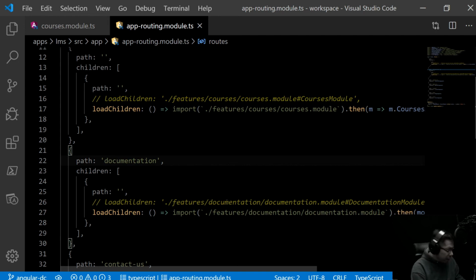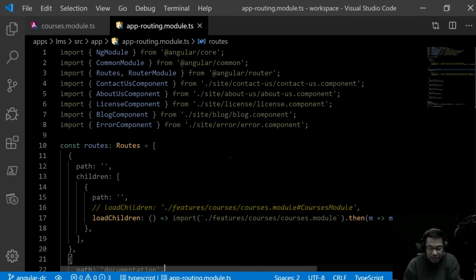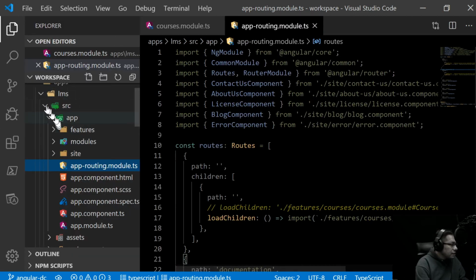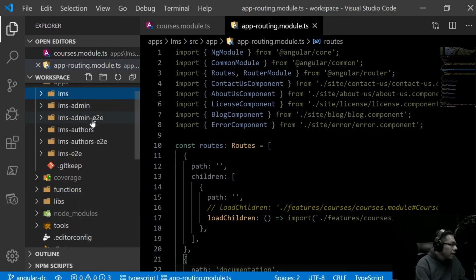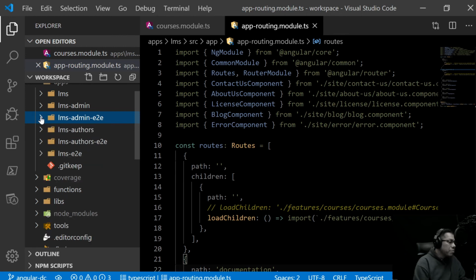So we have the capabilities here to use these different objects to organize our code. What's also interesting is we have the ability to create end-to-end tests using Cypress, which is another capability to ensure that we have high quality